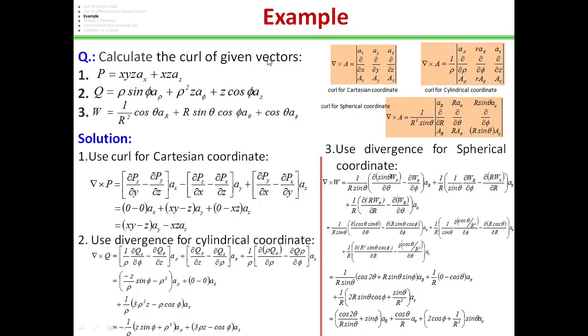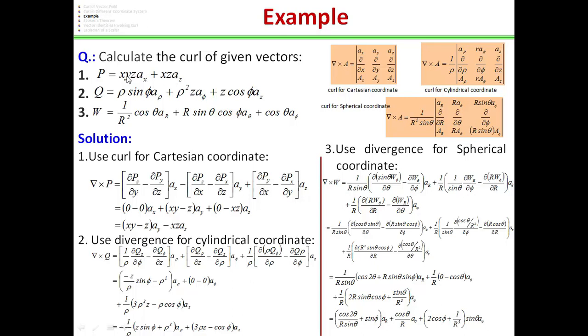Let us take an example to understand how to find the curl of a given vector. In the question, P, Q, W are given in the Cartesian coordinate system, cylindrical coordinate system and spherical coordinate system. So we will apply the formula of curl for the different coordinate systems and we will find the curl of the given vectors. In the first question, vector P is given as xyz ax plus xz az, which is given in the